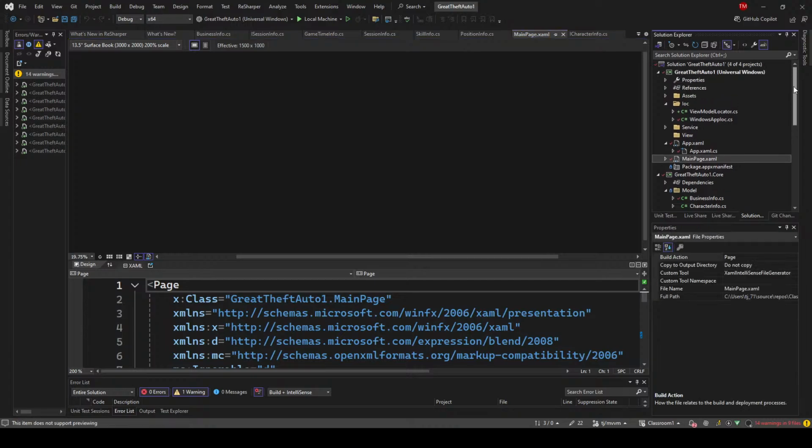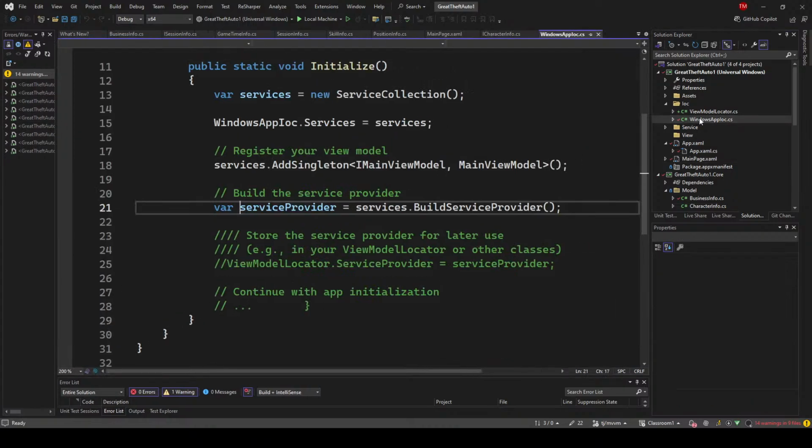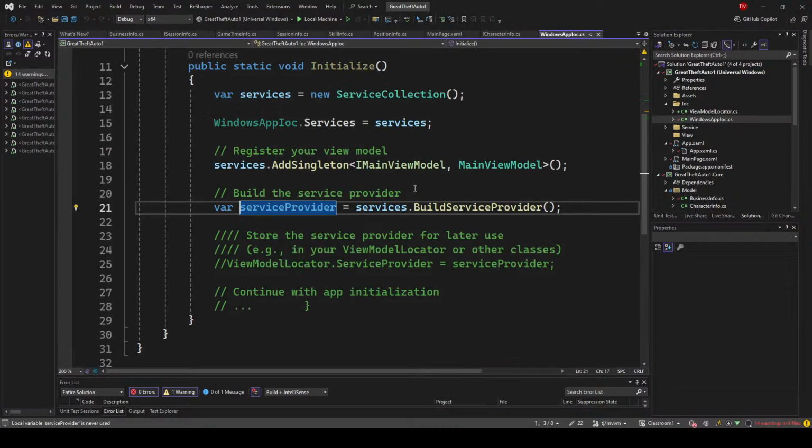That's probably the very next thing. So what I am going to do is add